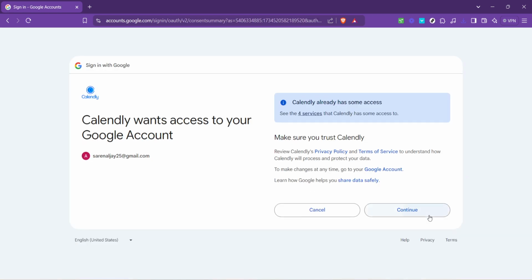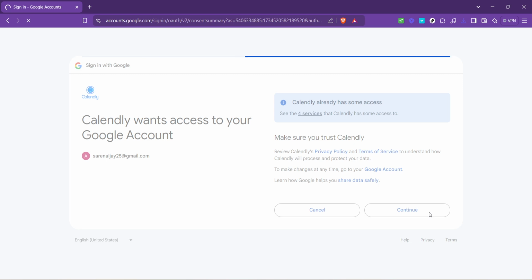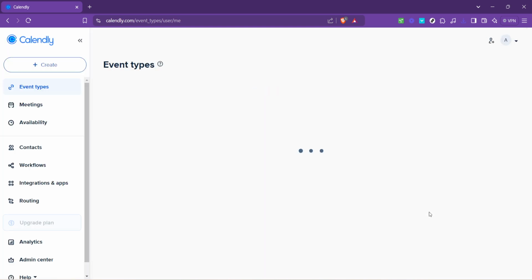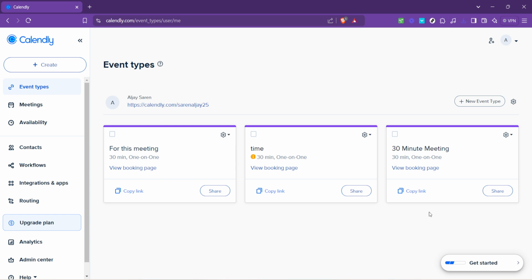After selecting Continue with Google, you'll be prompted to choose the Google account associated with your Calendly subscription. This step is crucial, so make sure you select the correct account that has your Calendly data linked to it. Now that you've selected your account, Google might ask for your confirmation to continue. Click on Continue to grant the necessary permissions. This means Calendly will have access to your Google account for seamless integration with your calendar, ensuring your scheduling is as up to date as possible.